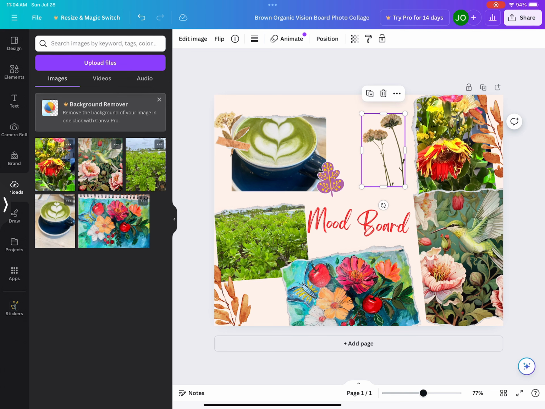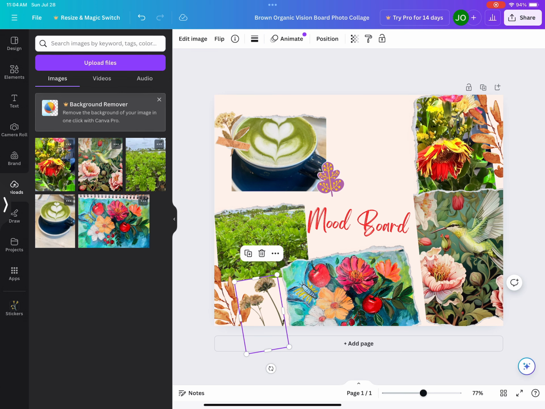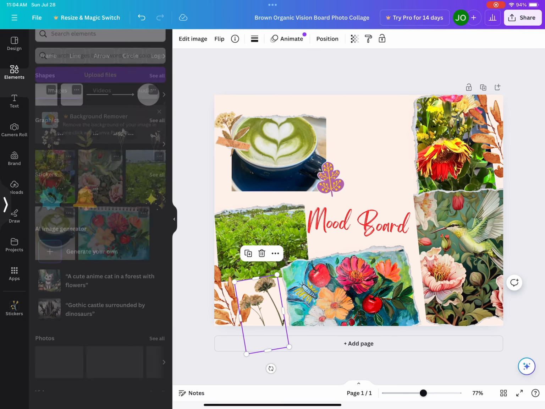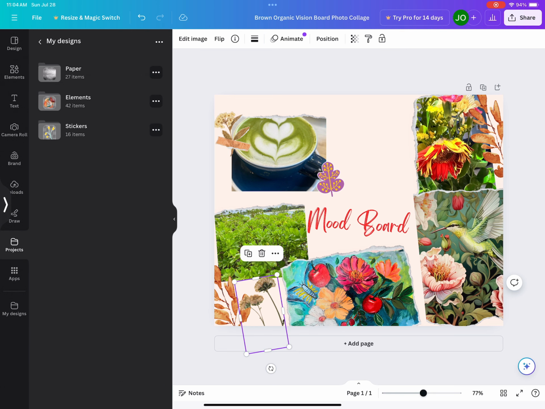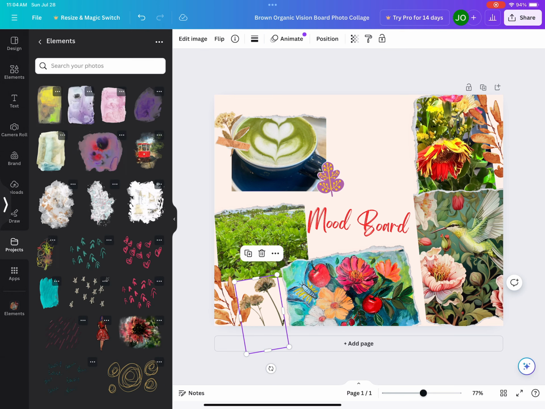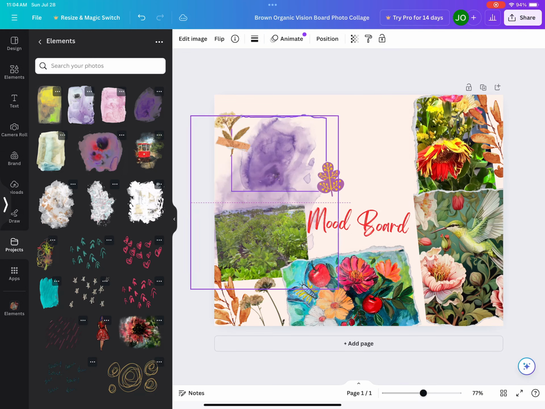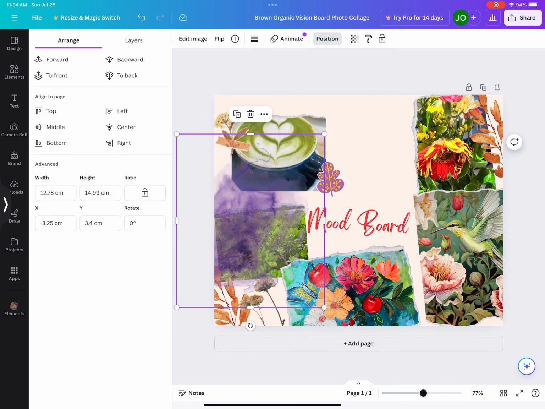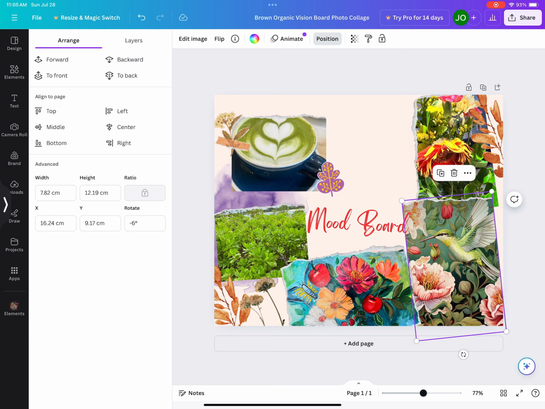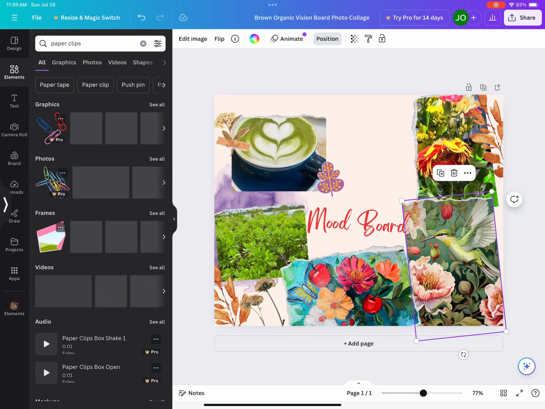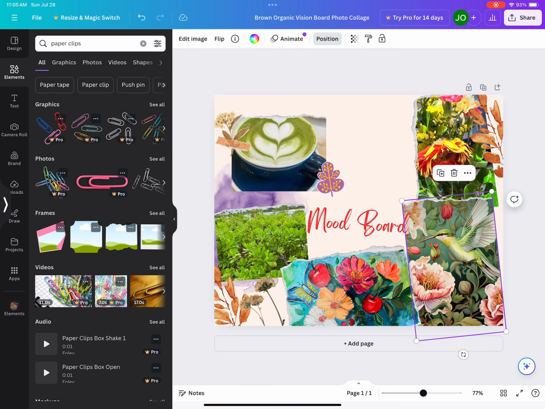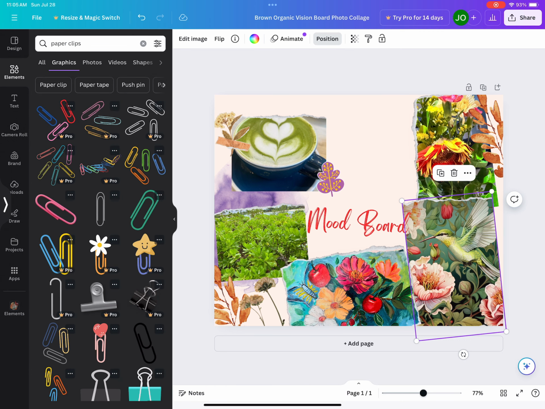So as you can see, I rearranged some here, and I'm now going to look for elements. If you go on the side and choose elements, you're going to see things that Canva has. Here I'm picking up from my elements folder from kits that I uploaded, my own kits. But if you go to Canva elements and search whatever you want, I wrote clips and I